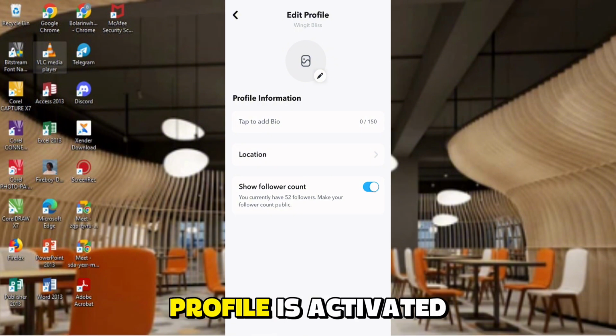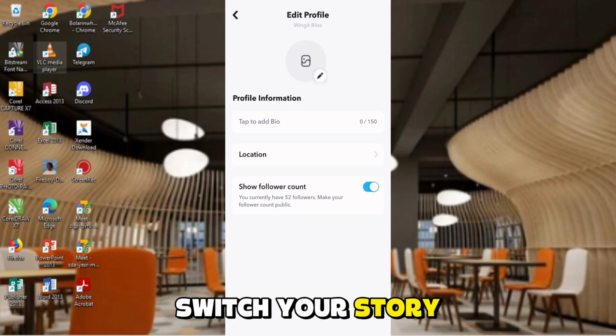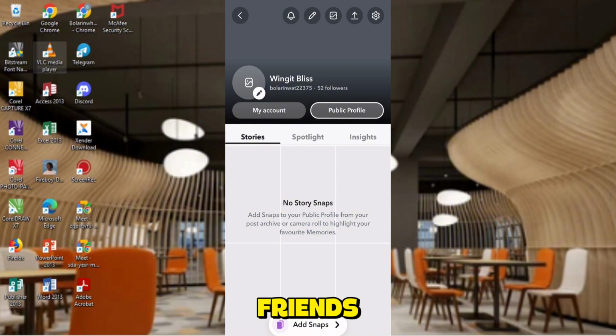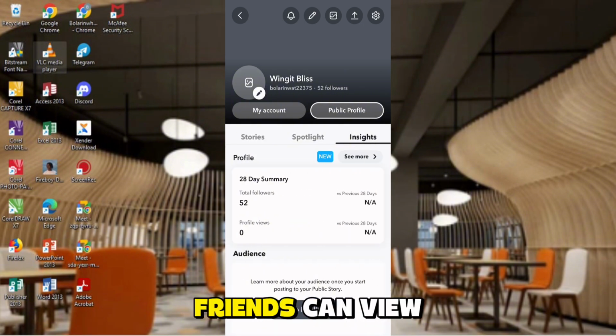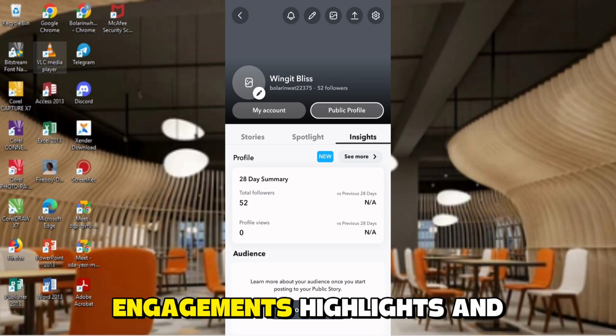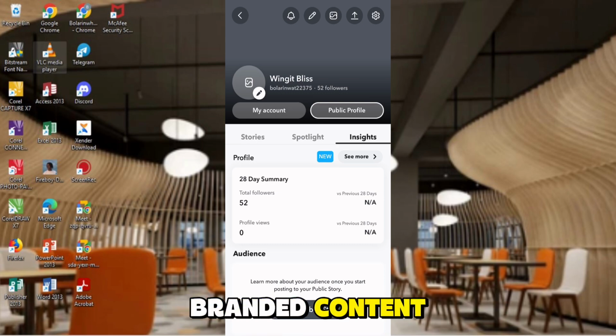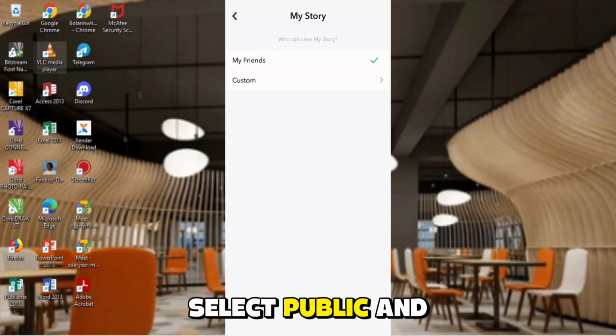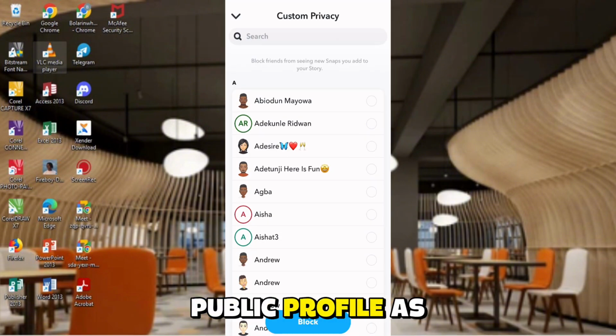Once your public profile is activated, switch your story and content settings. When posting, select the visibility as public instead of friends. This way, anyone on Snapchat, not just your friends, can view your business stories, engagements, highlights, and branded content. Go to the story screen, hit the visibility gear icon, select public, and then choose your public profile as the